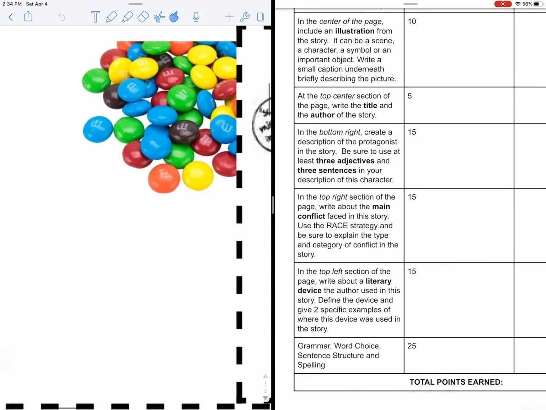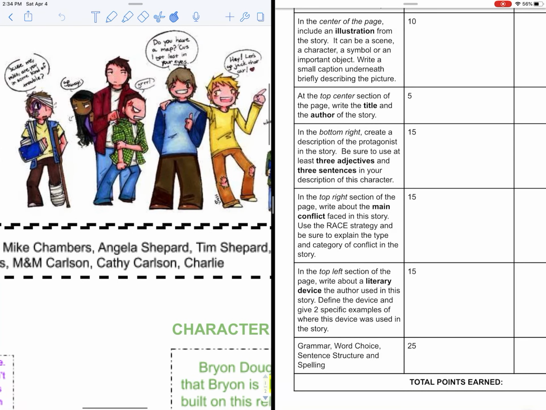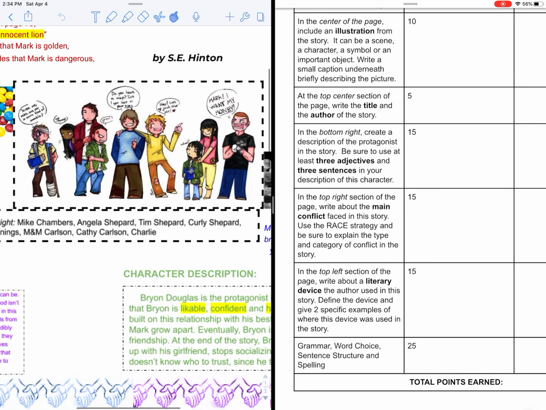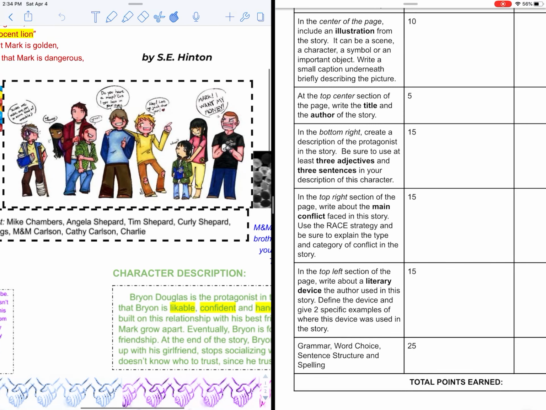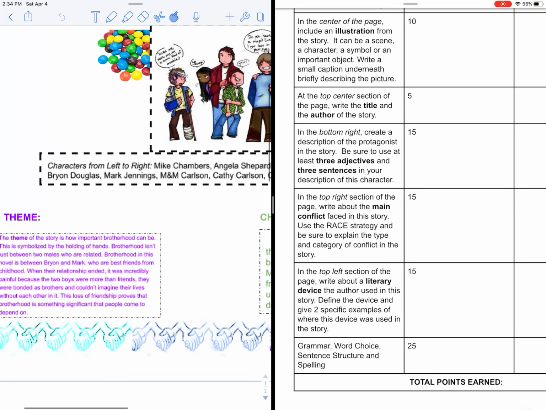Feel free to grab clip art. We have some clip art over here. And just use it and make it your own. Make sure that it ties to your story and can be explained. So for this particular illustration, we have two different things going on. In the center, we have the characters from the story, and then the person who made this underneath tells us